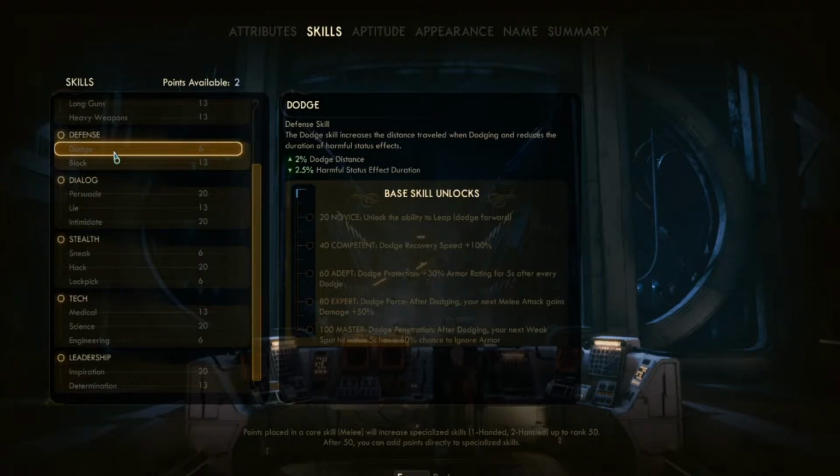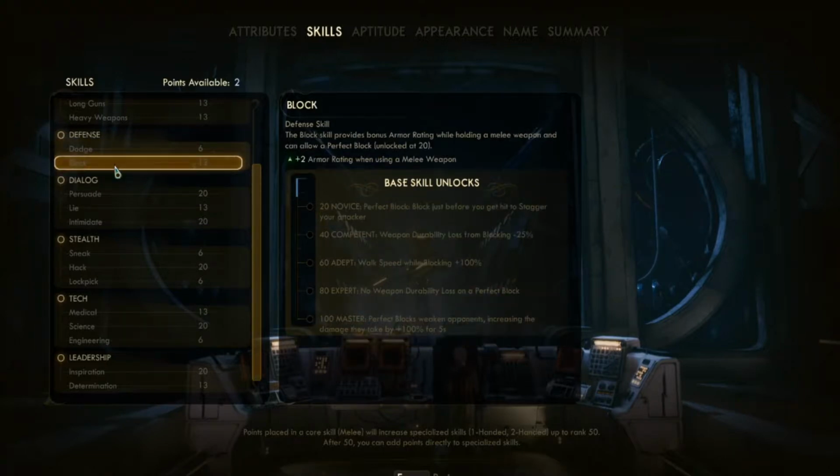Expert dodge force: after dodging, your next melee attack gains 50% damage. That's good. Dodge penetration: after dodging, your next weak spot hits within 5 seconds ignore 50% of armor. Nice. The block